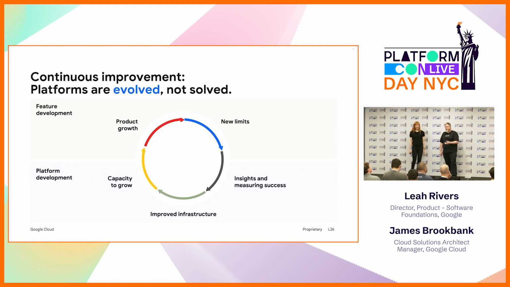Get good. Yeah. And one of the realities of working in this space is that as soon as you get good at one thing, as soon as you're successful, you just create new scaling problems, because success creates growth, and growth creates new limits and new challenges that you're bumping up against. So this idea of platforms needing to be constantly evolved and improved is often a hard one to get across. People think, okay, we've solved this problem, or I've achieved this level of process, and now that problem's solved. But another problem keeps coming up. And so we really need to focus on continuous improvement.